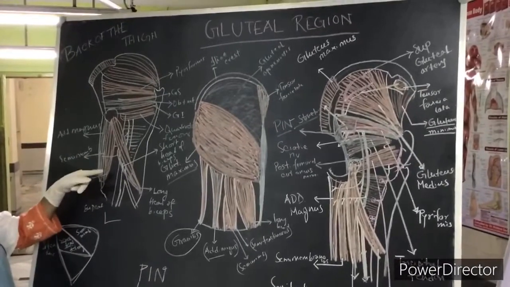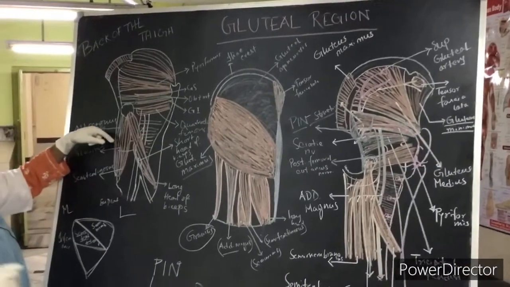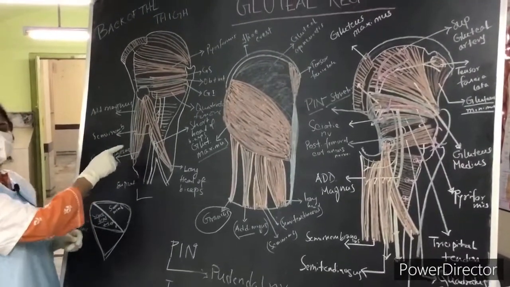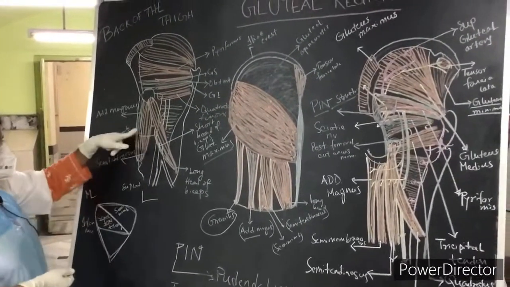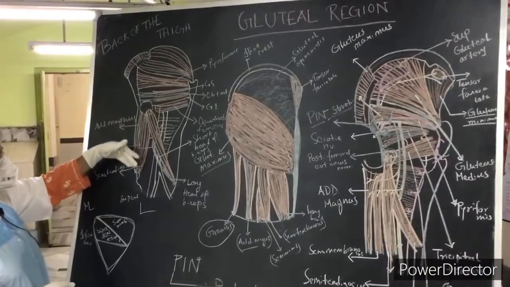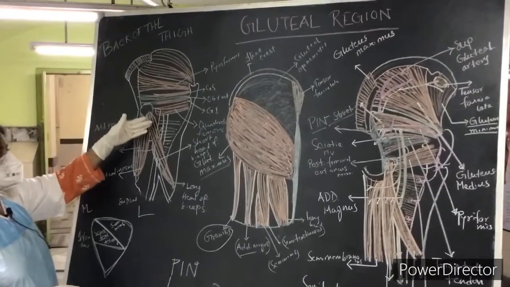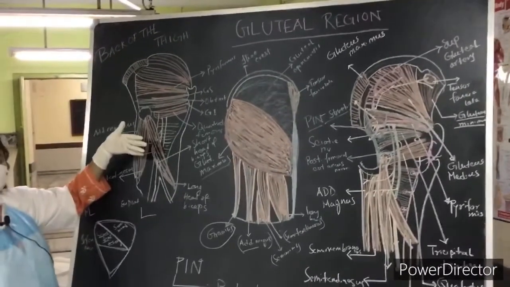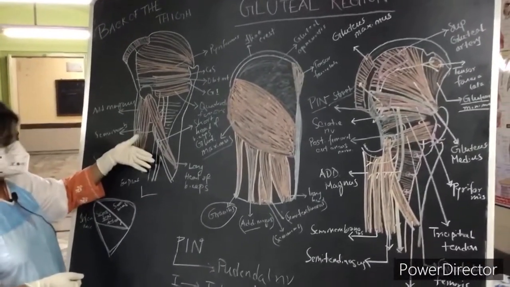So these are the structures, and you can see in the cadaver the twigs to the hamstring muscles from the tibial component of the sciatic nerve. Okay, so the hamstring muscles are all supplied by the tibial component of the sciatic nerve. And the back of the thigh is also known as the flexor compartment of the thigh.